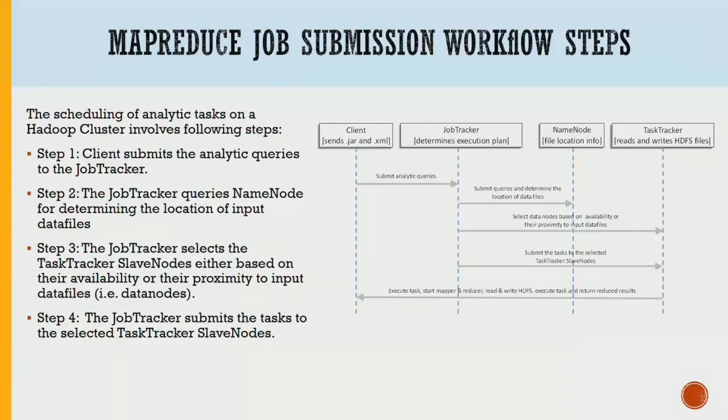So you have two options at that point. You can just randomly assign, or you can assign based on data locality. Again, how to do data locality is a big research problem. It's based on what data you have. It's not a straightforward way. And then once the task tracker finishes execution of map and reduce processes, the results are returned back to the client.